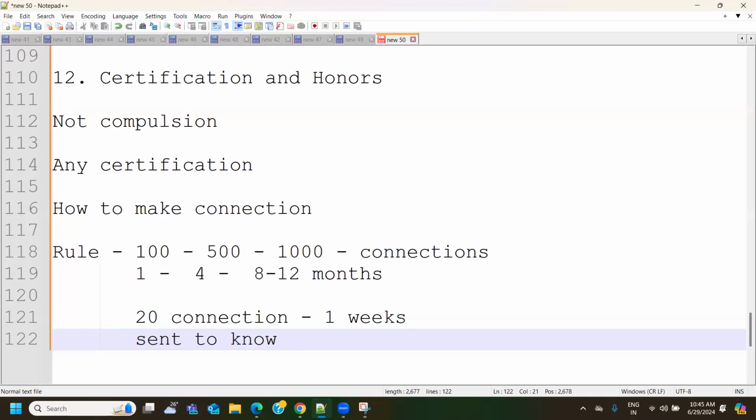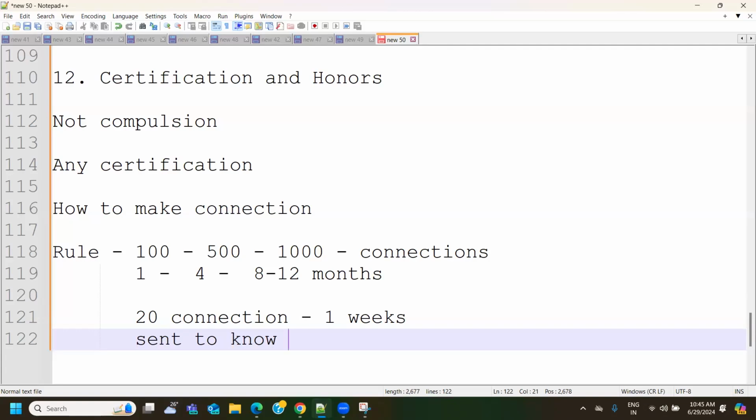Yes, it's okay, your family members, it's okay, because our aim is to make the first 20 connections within a week. Once that is done, target 100 connections within 1 month. If not 100, maybe around 80, anything more than 80 is okay. Within 4 or 5 months, you should make at least 500 connections. That is how you should start your LinkedIn journey.